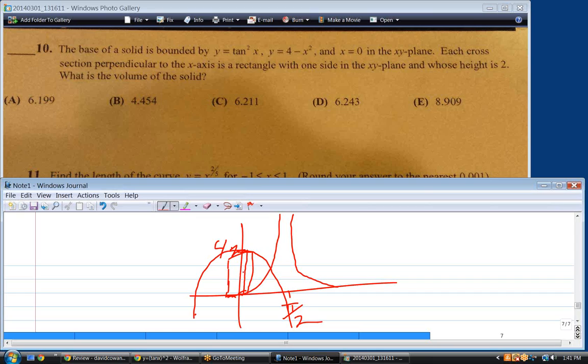So it's dx. It's always worth trying to figure out what the skinny side of your object is. It's got a base that is the distance between these two functions, a height that's a constant 2, and a thickness of dx. So we're going to integrate